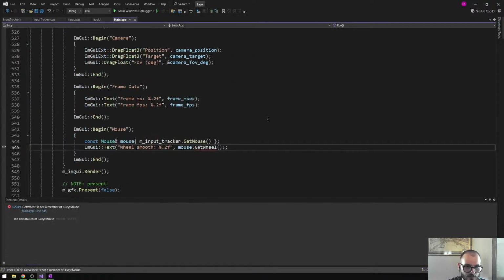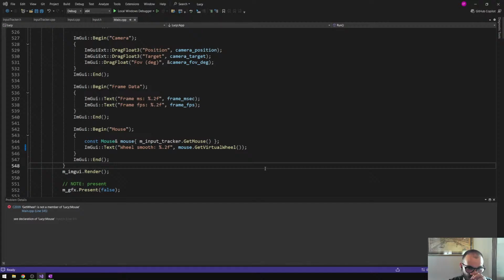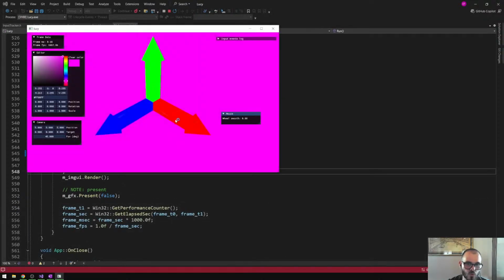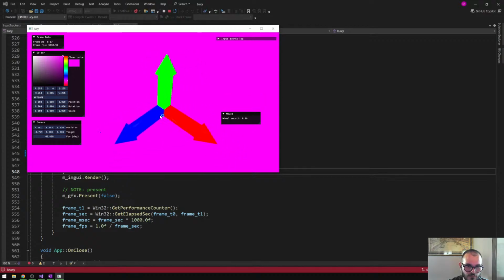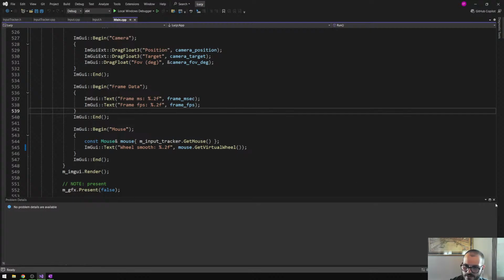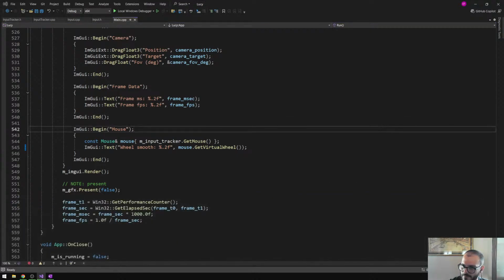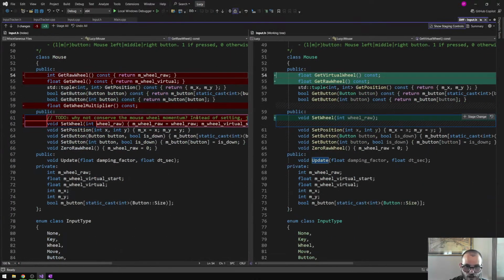Get wheel is not a member. Get virtual wheel. So the idea is that, okay, cool. You see, another thing that's the problem is the momentum of the thing. So in this commit we did basically nothing apart from